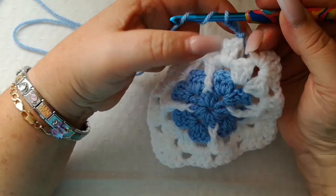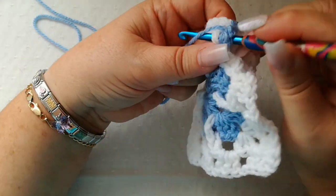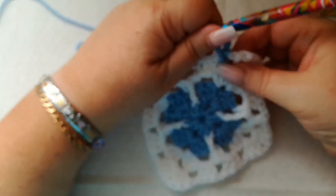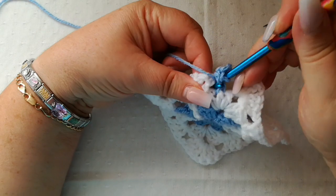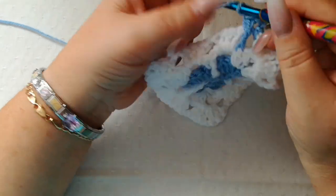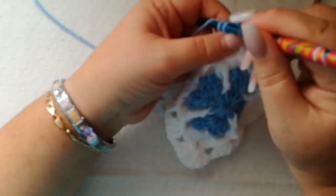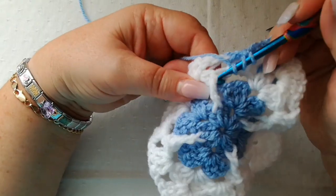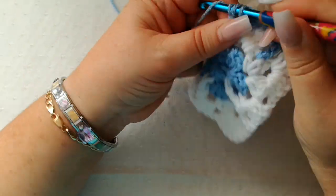Then yarn over twice, and we're going to go into the middle double crochet of the first block in the white. So it's not the row that you've just done, it's the row before, and then a double into that same chain space, chain 1 and exactly the same into the next, which is 1 double, 1 front post treble around the front post treble that you did before,